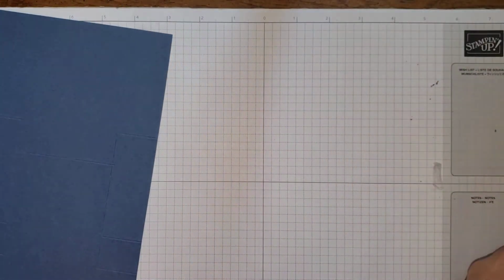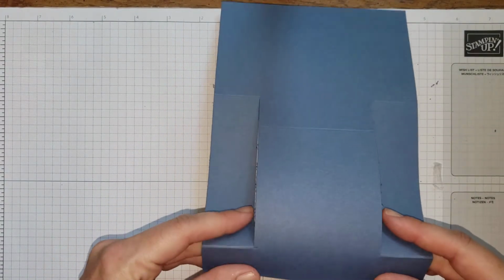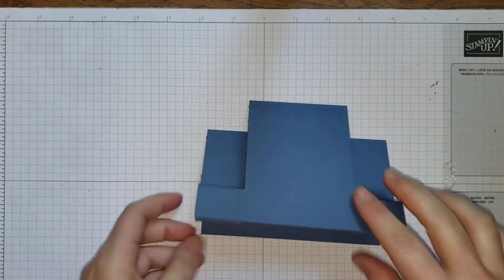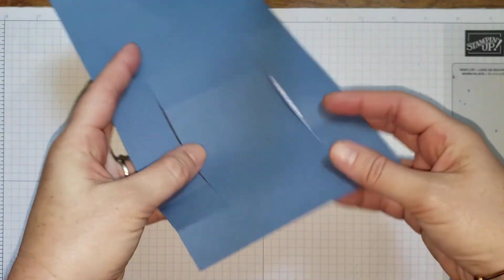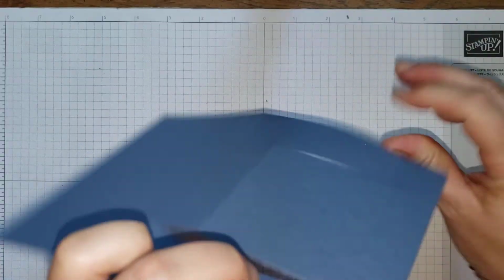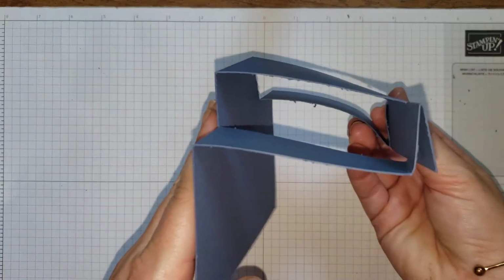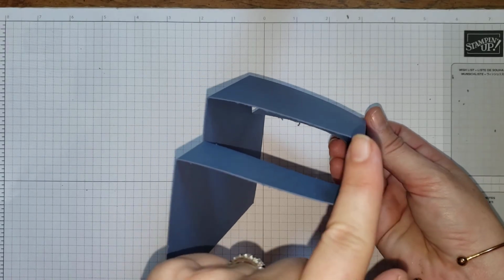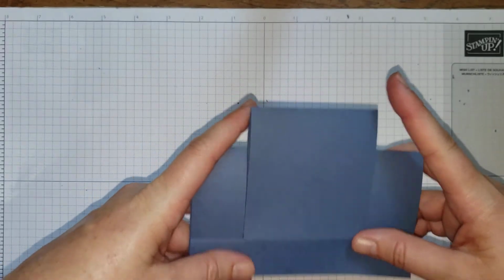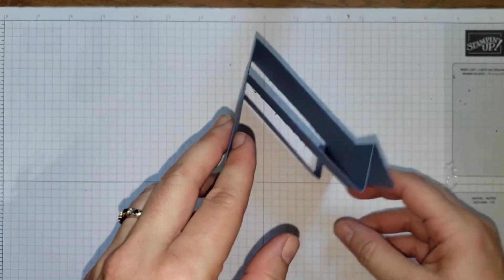I'm gonna move this out of the way now. And all you're going to do is fold the card. So you can see, I'll do that again so you can see. So this first piece is going to get folded down. Then these lines are coming up. And as you do that, you see that the card starts to take shape already. So this bottom piece kind of shapes like a mountain. And then as you press it in, these two come up. And that forms the shell